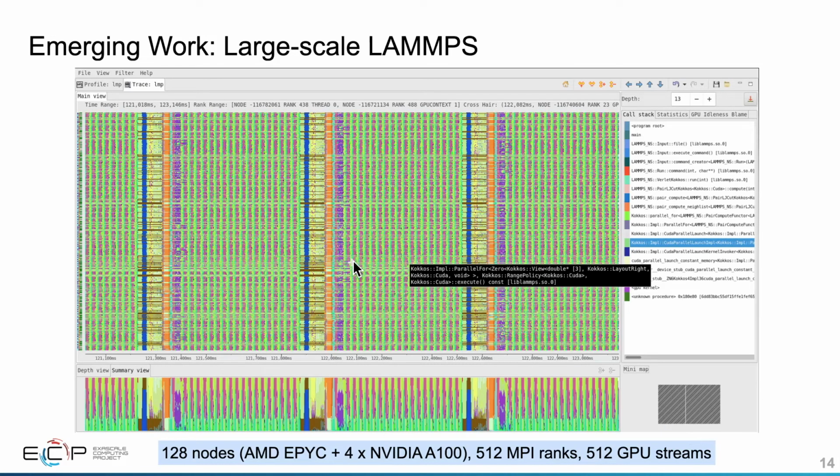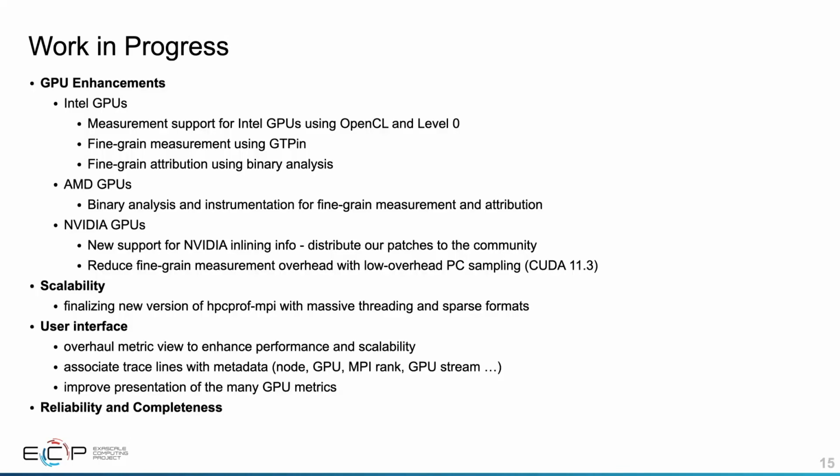And what we see here is for the selected operation where we have the cursor, we're able to see the full call path to the GPU kernel and where it was launched. And we're also able to see that this is going through Kokkos parallel_for operations that are launching things on a GPU. I'll conclude with some remarks about our work in progress for improving support for measurement and analysis of